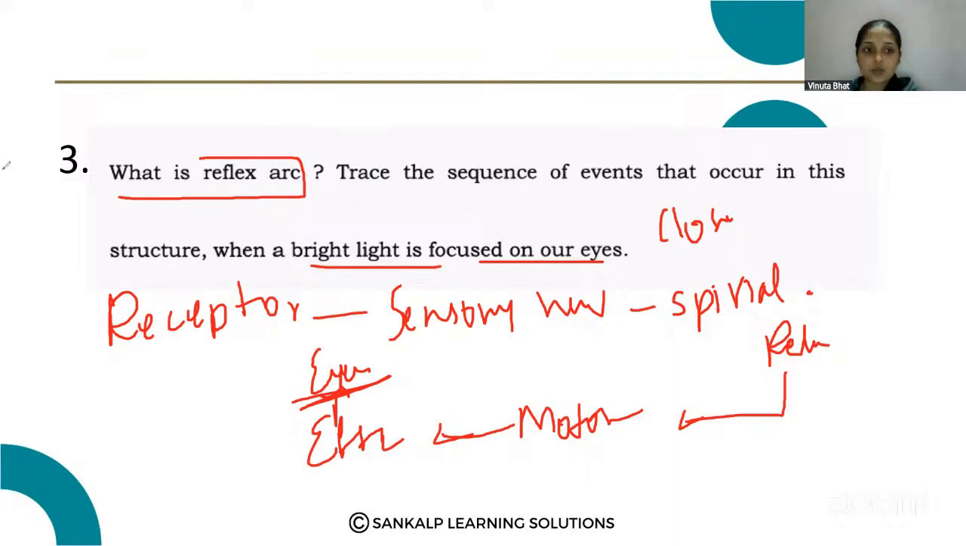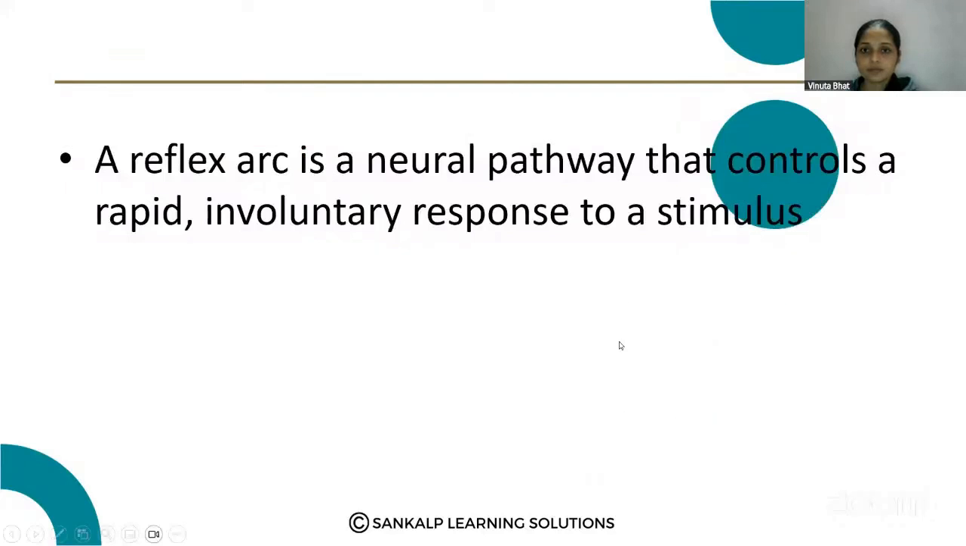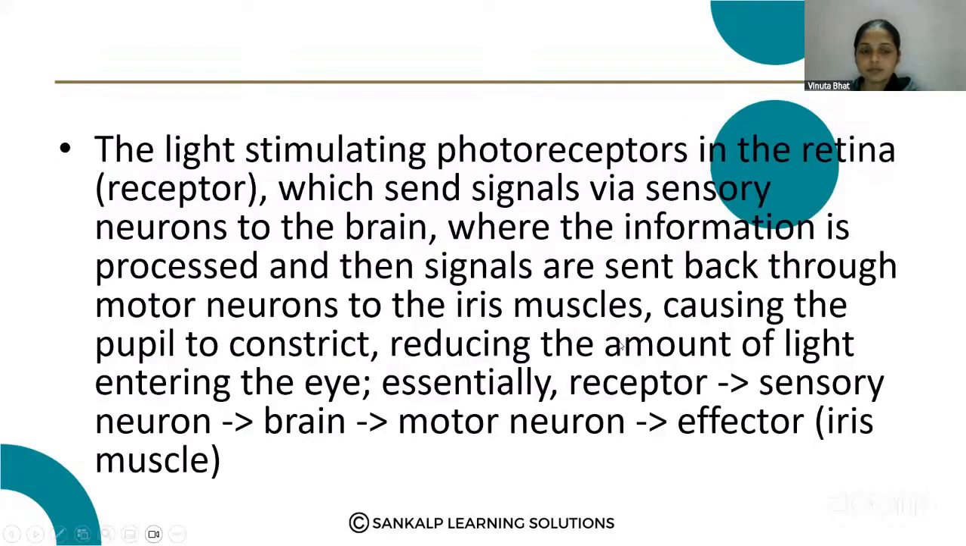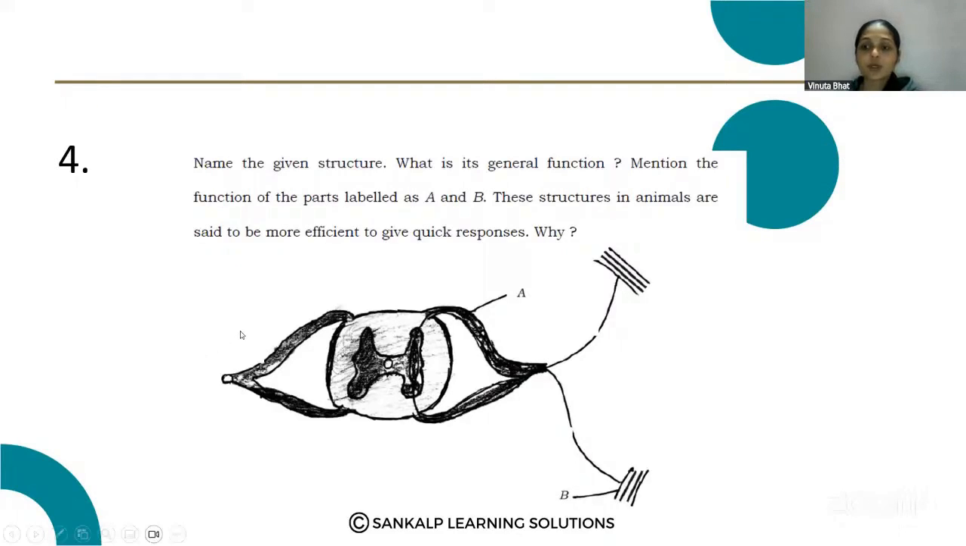That is also an important question. Yes, one of the important questions. Name the given structure. This is the reflex arc. What is its function? The reflex arc gives the immediate response to the